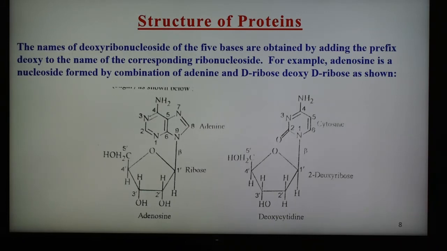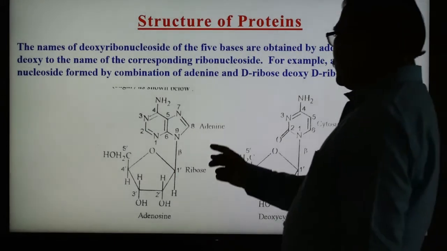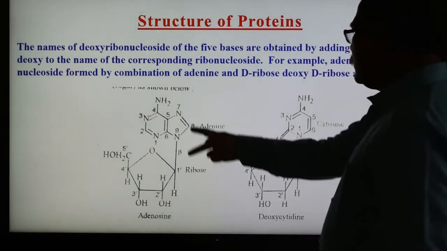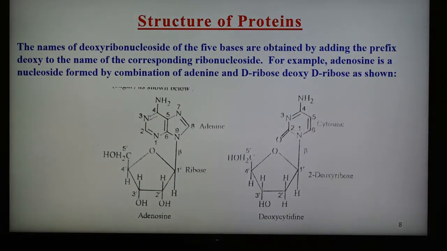For example, adenosine is obtained by the combination of adenine and the ribose. So this is adenosine, the combination of these two, and here is cytosine and deoxyribose forming deoxycytidine. So these are the nucleosides formed. Here we can say that deoxycytidine is a nucleoside formed by the combination of cytosine, a pyrimidine base, and the 2-deoxyribose sugar as shown here. So this is the first, the nucleoside, which consists of two parts, and the second